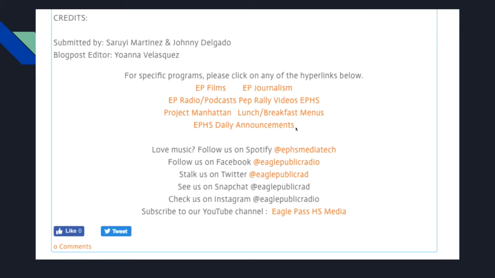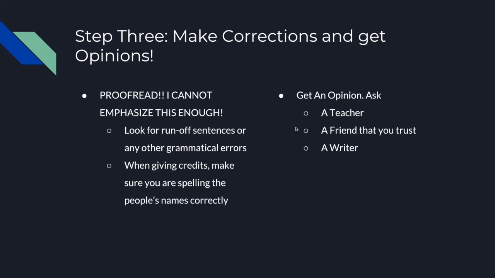Okay. And then step 3: to make corrections and get opinions. Obviously you're writing really fast, and this happens to me a lot. Besides log lines, I would also really say to proofread. Please make sure, and this is a tip not just for this lesson but in general, whenever you're writing, please make sure you proofread, because, short story, when I was writing a research paper for this